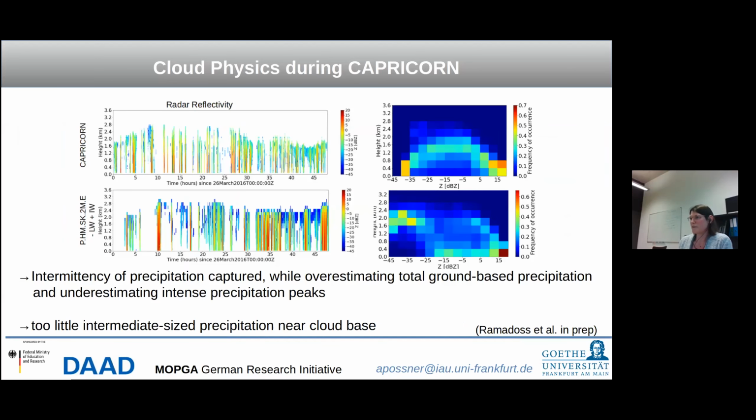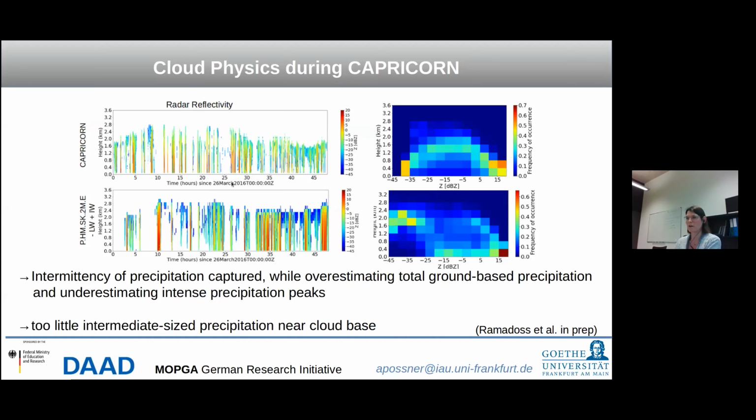And this is now work that's led by Veronique Kanden, Ramados in my group, and he's coupled the ICON model to a radar simulator. So we pretend that ICON is the real atmosphere, and we pretend we have a radar in it and see what it sees, and compare the observation to the retrieval. On the top here, we see the CAPRICORN retrieval, and on the bottom, we see one of the ICON simulations of the same track. And what we see is that ICON can actually capture the intermittency of these clouds.